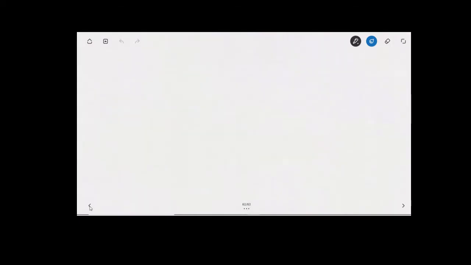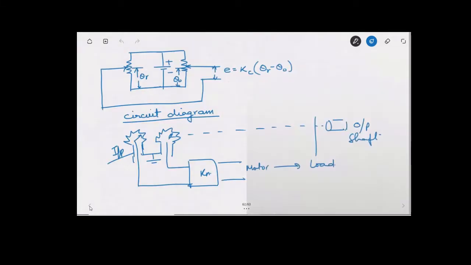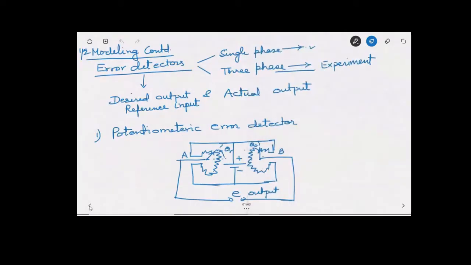So this is actually a servo mechanism. The input shaft is coupled to the potentiometer marked A here, and it is held constant at a desired angular position, say theta r. The output shaft is coupled to the potentiometer marked B, and its position is indicated by theta naught. The potential difference between the variable points of potentiometers A and B is proportional to the angular displacement theta r minus theta naught. So the error will be proportional to theta r minus theta naught,